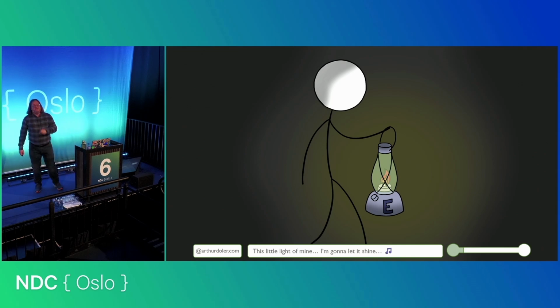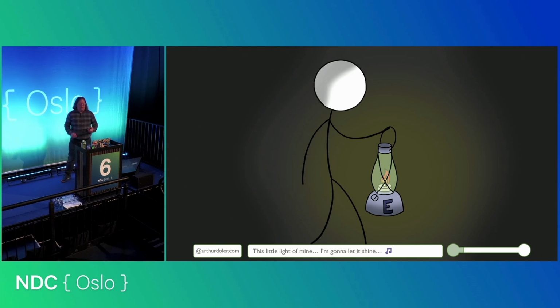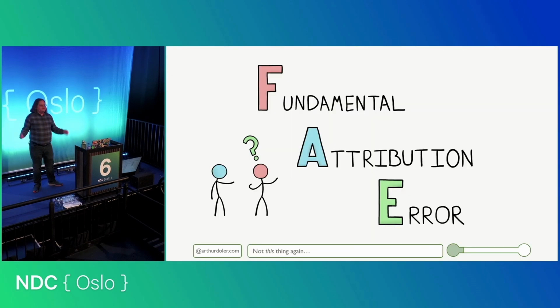If curiosity is your fuel, then empathy needs to be your guiding light as you go along this process. If you assume that the person that wrote that code was an absolute blithering idiot, stupid, ignorant, or lazy, then you're going to run with that assumption and you're never going to find out anything real about why the system is that way. Why does your brain do that? It's this nasty thing called the fundamental attribution error.